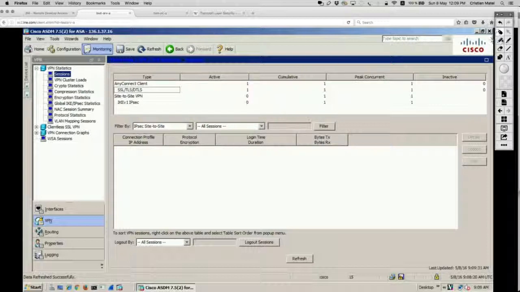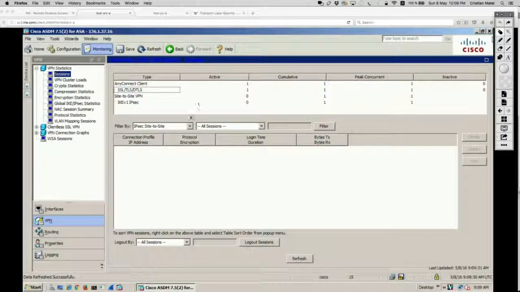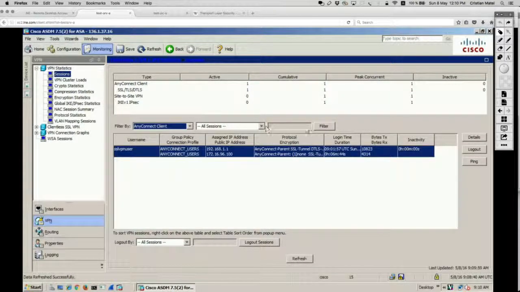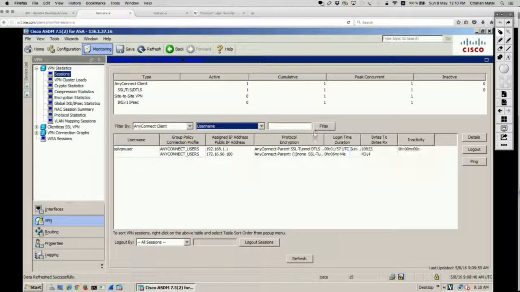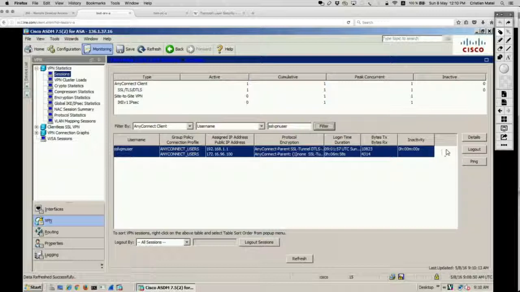If you want to see the details, you have to look on this side, but you don't see anything at all because by default the filter is IPsec site to site. So let's change that filter to AnyConnect client sessions, all sessions, and there we go. Of course, you can also filter, if you so choose to, by the username, because when you have multiple sessions established, you would want to look at the status of a specific session, not all of them. You say details,